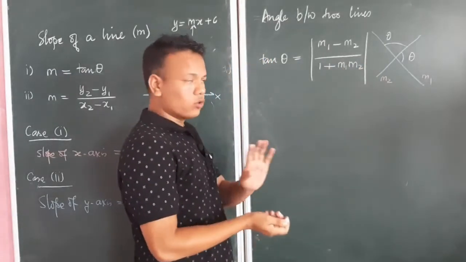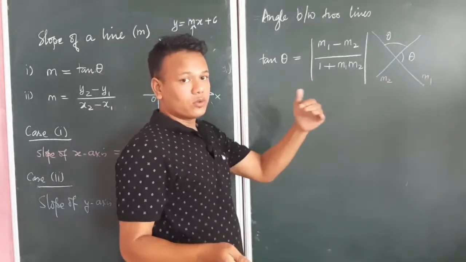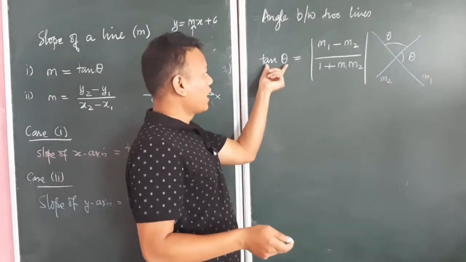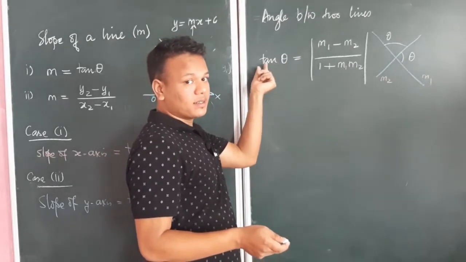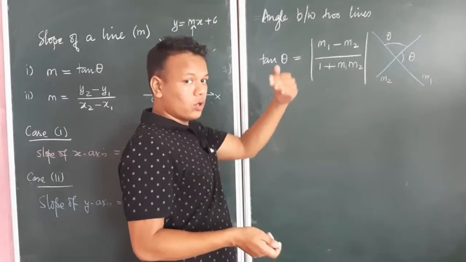I hope you are clear with the modulus sign, because this theta is an acute angle. And we know that tan of an acute angle, that means 0 to 90 degree,